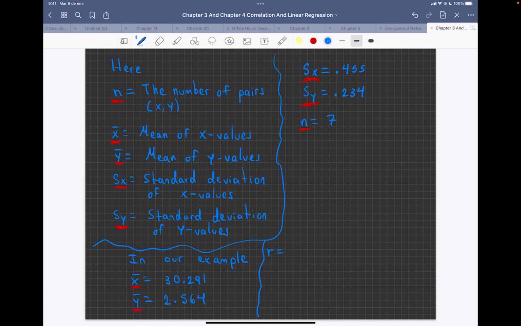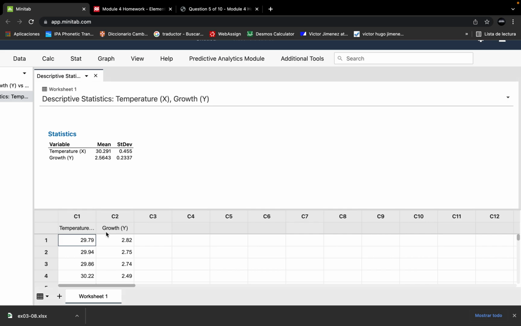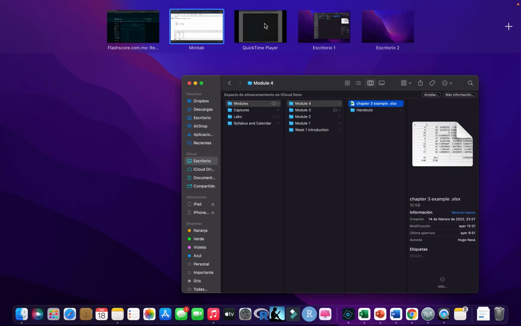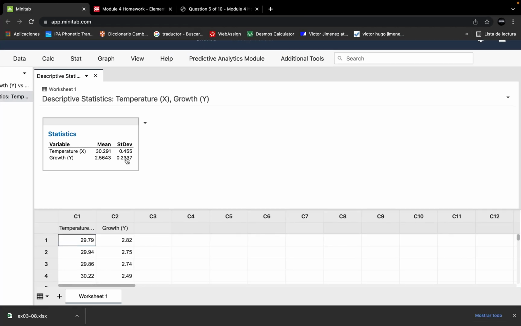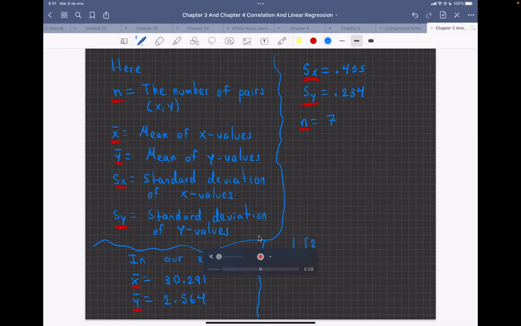R is equal to 1 over 7 minus 1 times the first x value, 29.79 minus x bar, 30.291, divided by the standard deviation of x, 0.455,